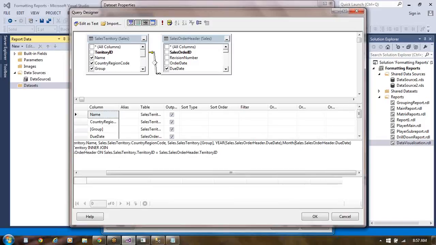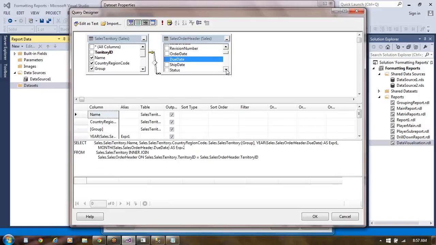It's going to be sales dot sales order header dot, again due date. The next thing we choose here is total due. Whatever due is available, the total due we take from this. Total due is getting added in this.